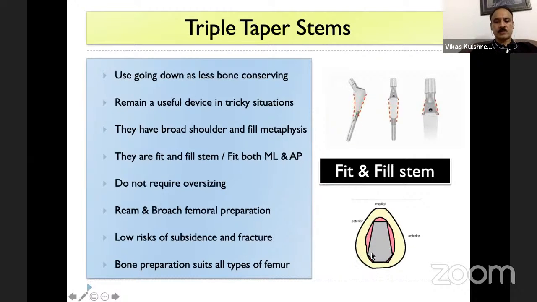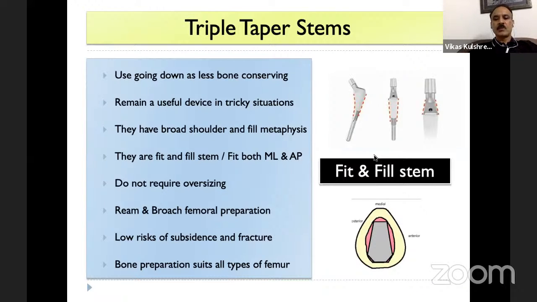So you have to broach the complete shoulder. Very less cancellous bone is left all around. They are a ream and broach philosophy. So you have to ream the canal. So there are some advantages of it. When you ream, you are able to tackle a tight distal fit canal. So even a dorr A femur can be tackled with a ream broach system, which is not always possible with